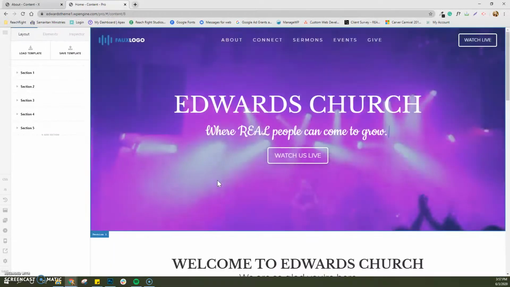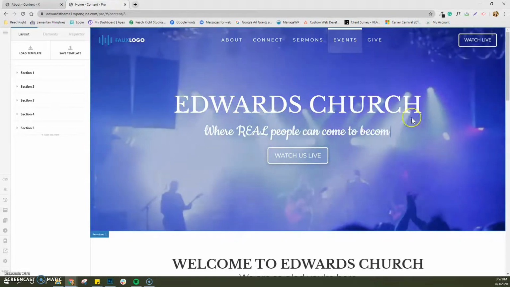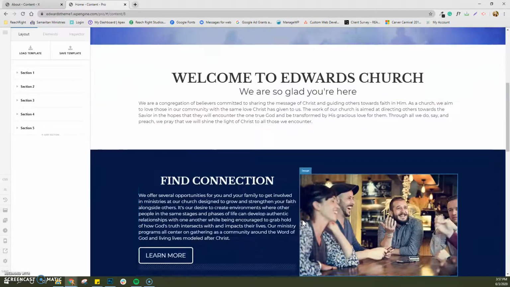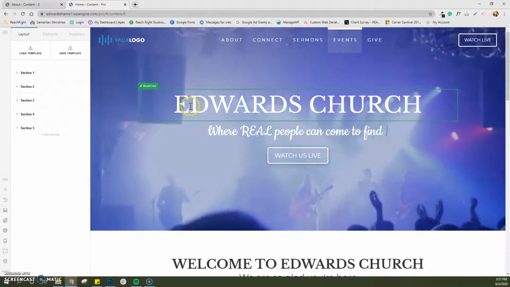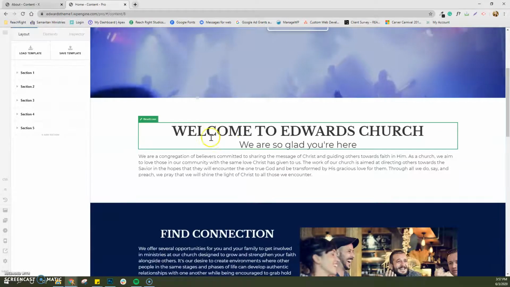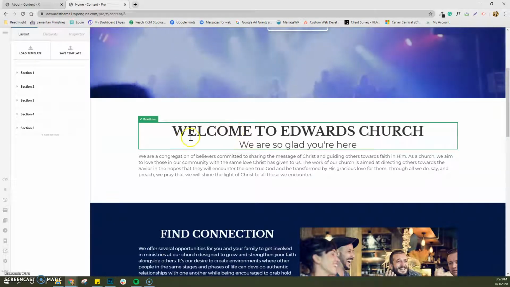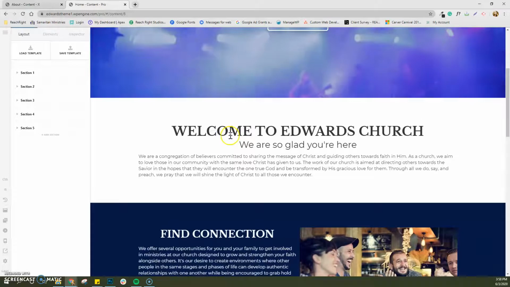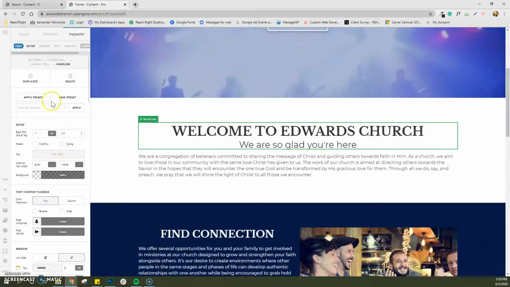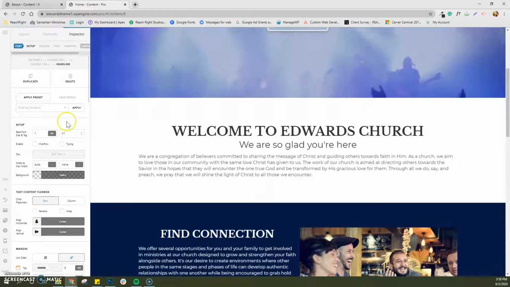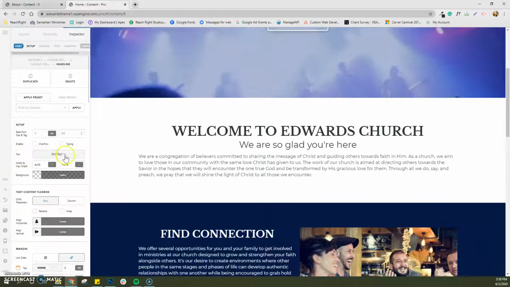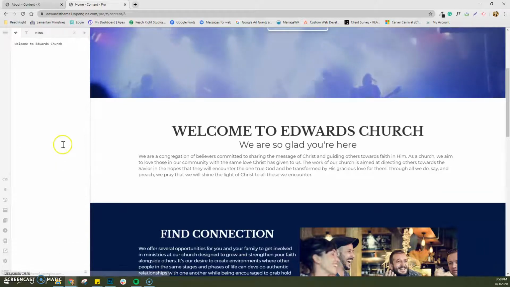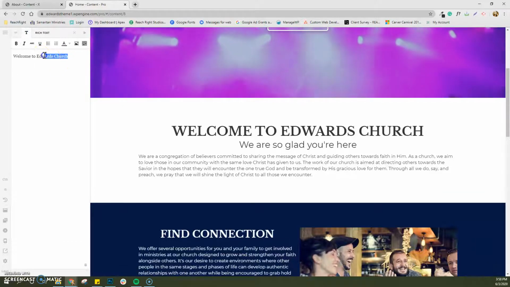So once this loads on both of these, you're going to see this is the visual side of your website over here, and then the text editor is over here. So when you find, like, let's say I'm going to edit this headline here, I'm going to actually click on it. It's going to bring up all of these options over here. So the main thing that we're going to be editing is literally just the text, which is here. It says click to edit the text. You click it. This is where you would change